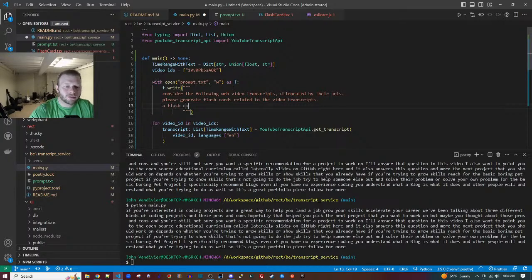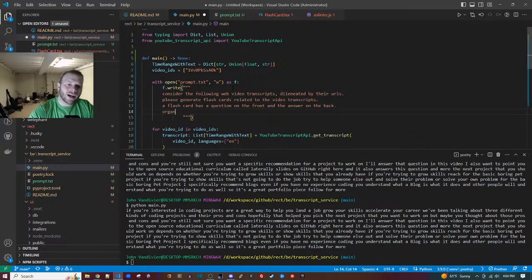A flashcard has a question on the front and the answer on the back. Organize the flashcards as JSON data.